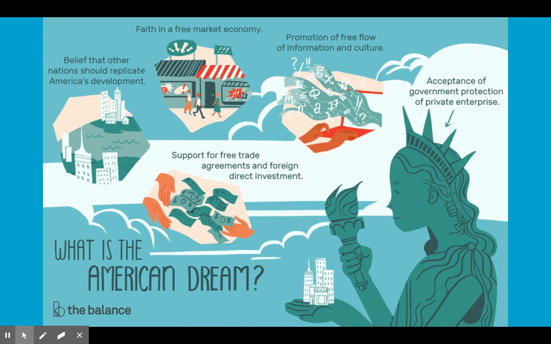And when they talk about the American dream, they're talking about how successful they are financially. The belief that our nation should replicate America's democracy around the world. I guess that's kind of a government thing, but governments that allow the free exercise of economics, that allow people to make these capitalistic choices, where they support free trade, and they allow the free flow of ideas. They have competition in the marketplace, and where the government is more hands off than hands on.